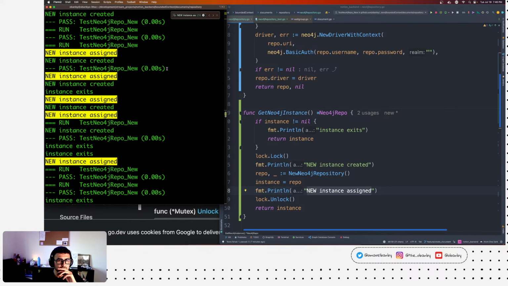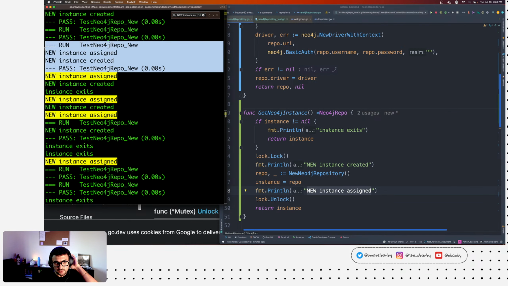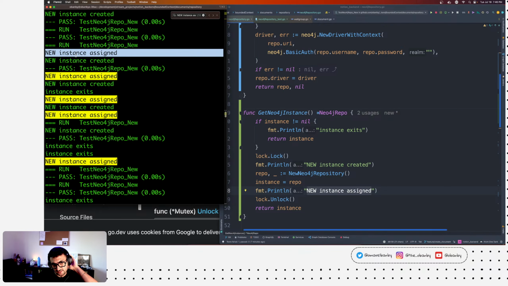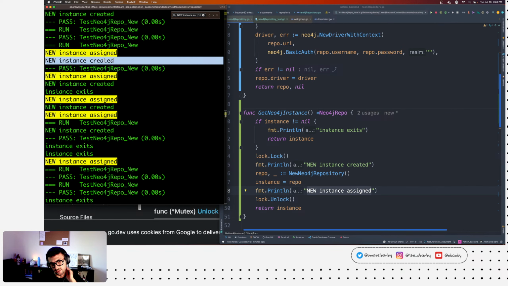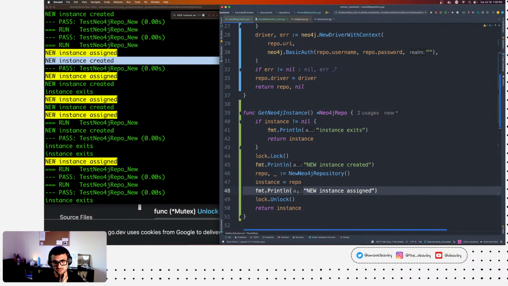So this is a full test, right? But here you're getting the assigned before the created. And that is because, I just think it has to do with the printing order of the screen. It actually doesn't have anything to do with the exact order, right?